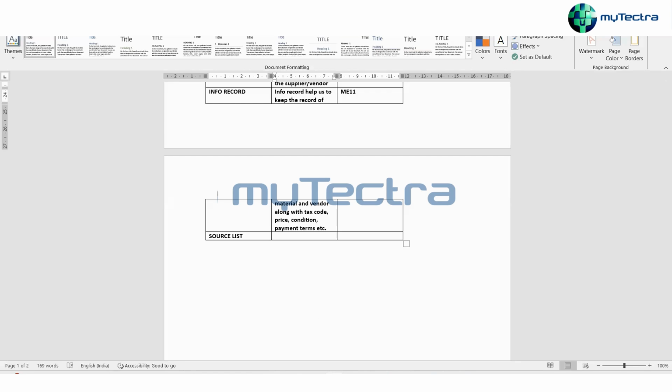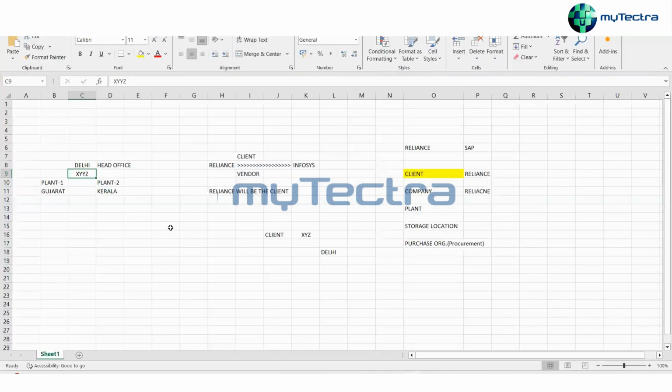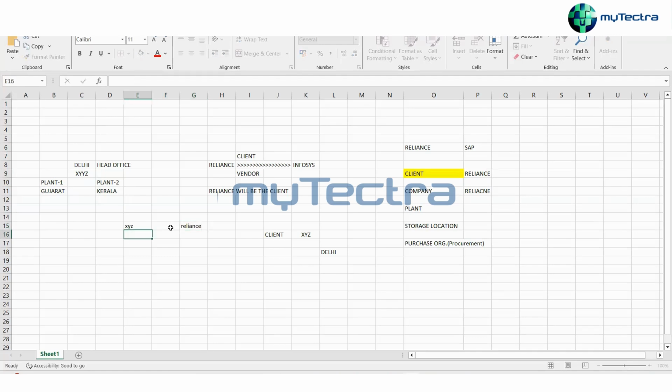Suppose you are buying XYZ material from Reliance, and for the coming one year you have a deal that we will buy this particular raw material only from this vendor. We will not buy from anyone else.